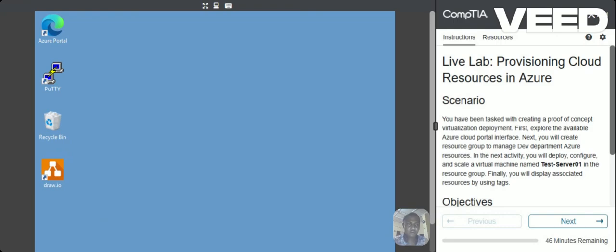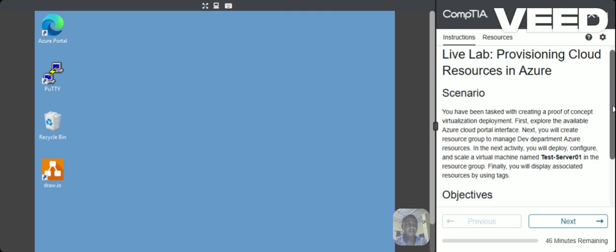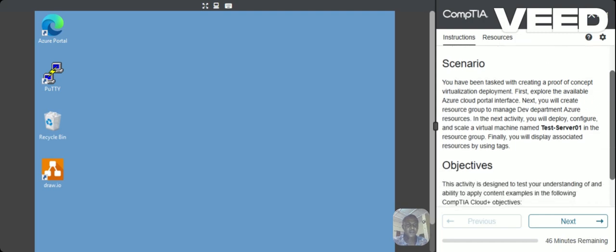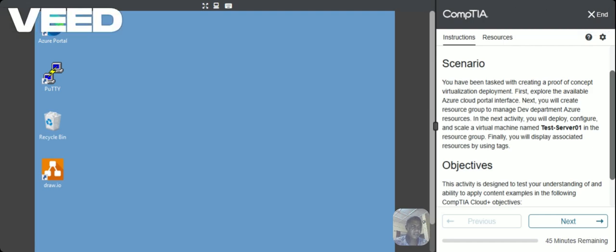Today we have continued with our Cloud Plus, which says provisioning cloud resources in Azure. Now, these are the set of instructions stated here. Scenarios. You have been tasked with creating a proof of concept virtualization deployment. First, explore the available Azure Cloud portal interface. Next, you will create the resource group to manage,